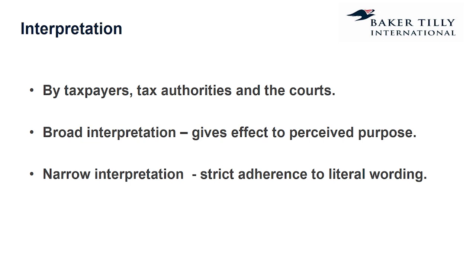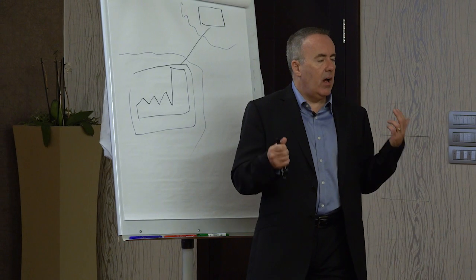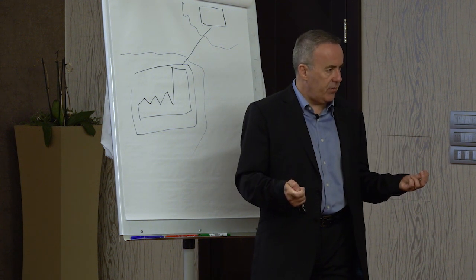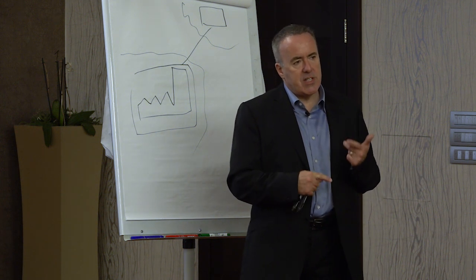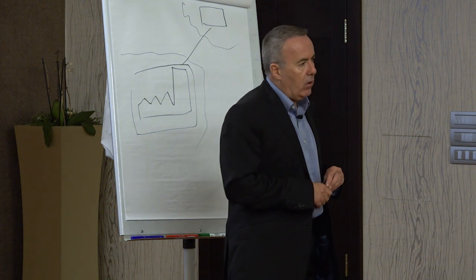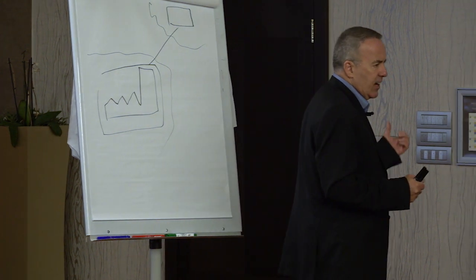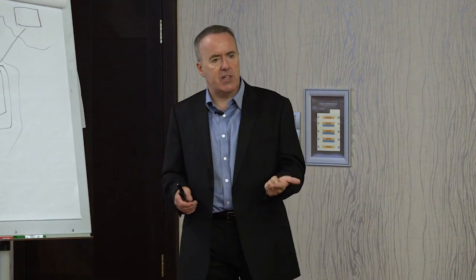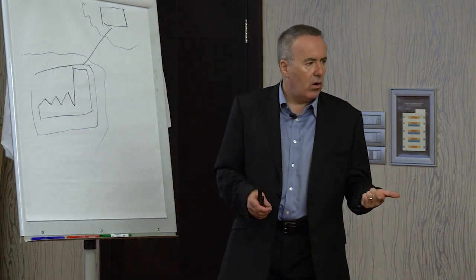And generally, when I'm talking about how you'd interpret a tax treaty in a UK context, I'm normally warning my colleagues and my staff and other people I work with that you have to be careful not to take too literal an interpretation of a double tax treaty. If I talk about a purposive interpretation, does everyone know what I mean? There's a big debate under UK law about whether the courts should take a literal interpretation of law or whether they should take a purposive interpretation of law, okay?